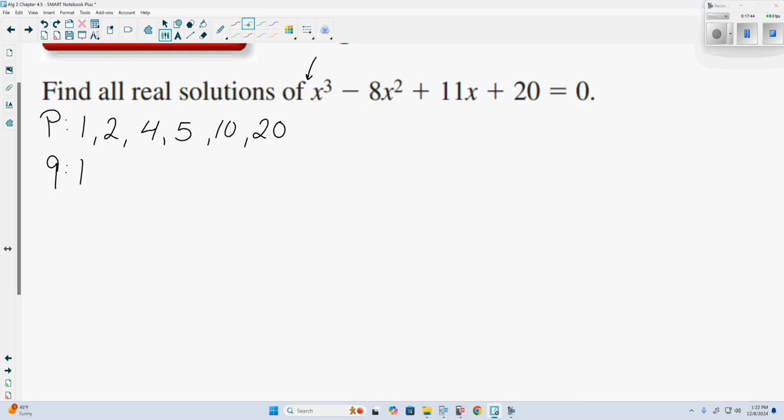Now, rational zeros, plus or minus P over Q. What we do is we take every factor of P and divide it by every factor of Q. And I always start with the smallest value of Q first, which is 1. So, okay, we'll have plus or minus 1 divided by 1. Plus or minus 2 divided by 1 is 2. Then we're going to do 4 divided by 1, 5 divided by 1, 10 divided by 1, and